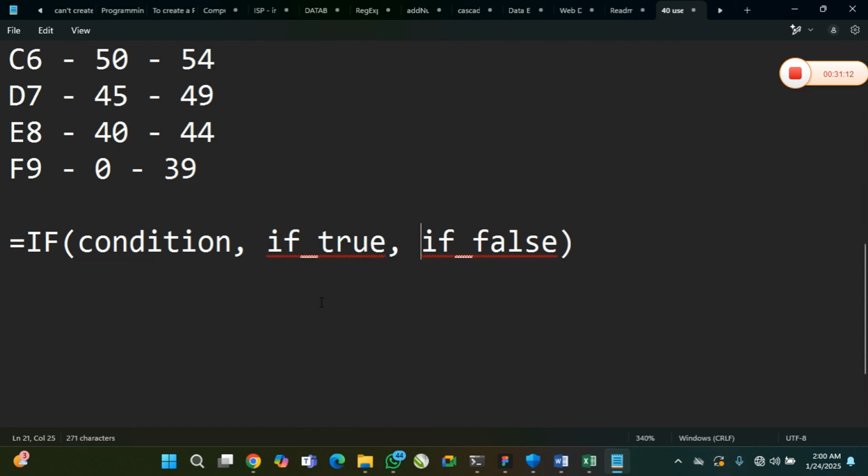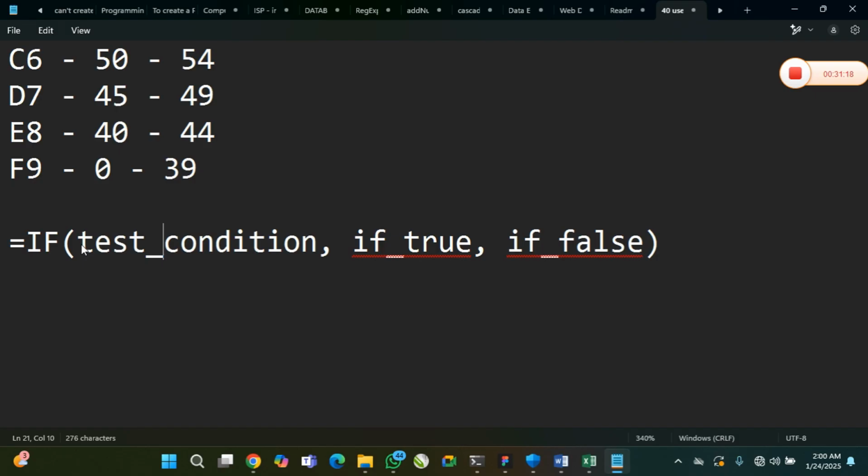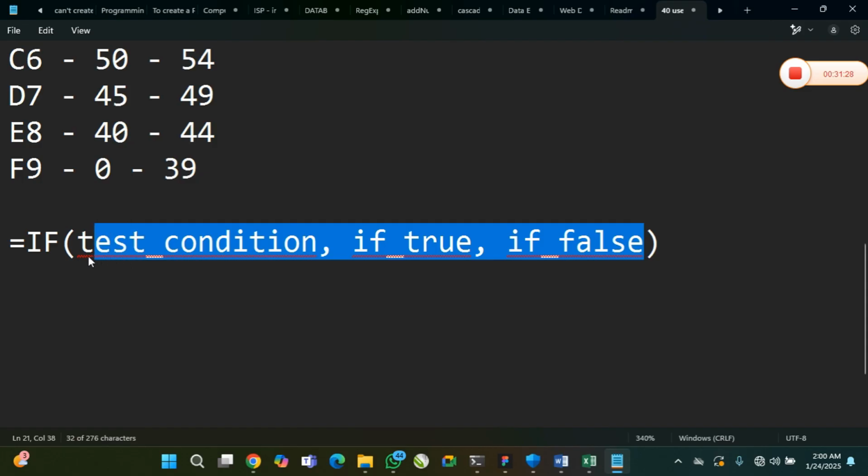What we are saying is that we'll test our condition here. So in testing a condition, you test a condition here. If that condition is true, it will run here, but if it's false, it will run here. So that's what we are doing exactly. But since I have multiple conditions, normally if you have